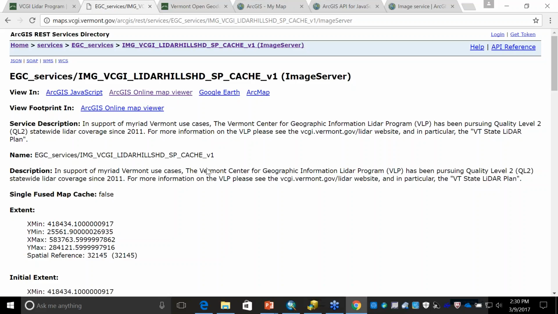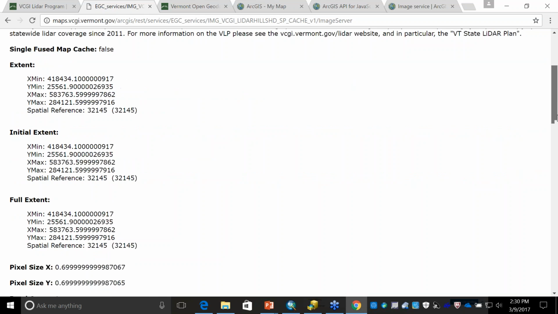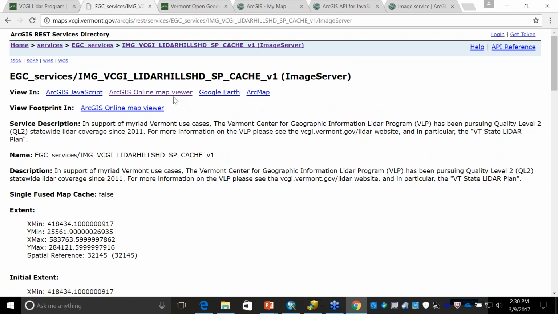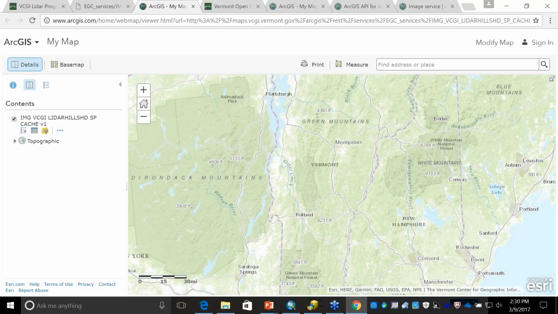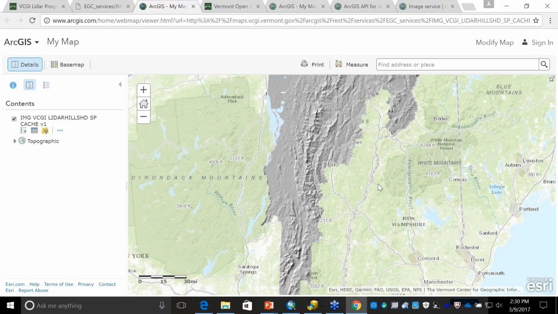But for this data here, it gives us some basic information. But all we have to do is click on the ArcGIS Online viewer, and you got to give it a second. I think it built some pyramids or representations of the data the first time. There you go. Okay, so it pops that in there. And now that you have